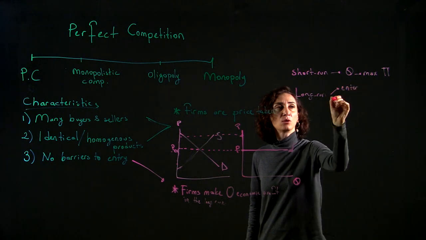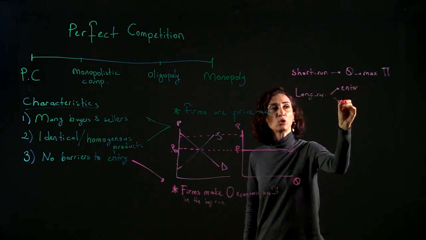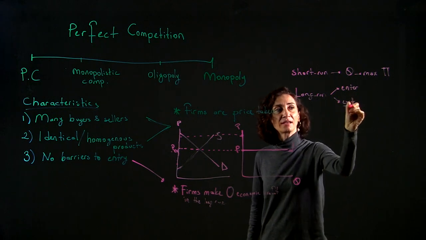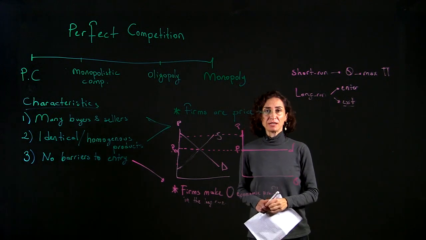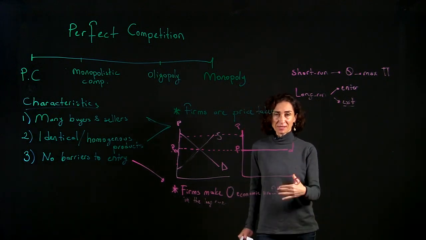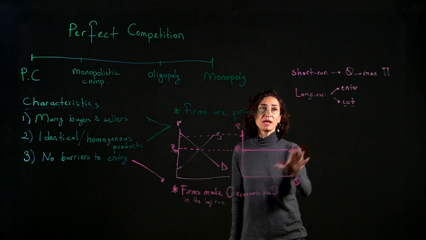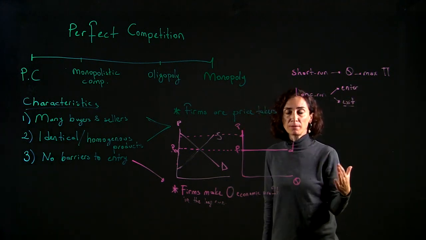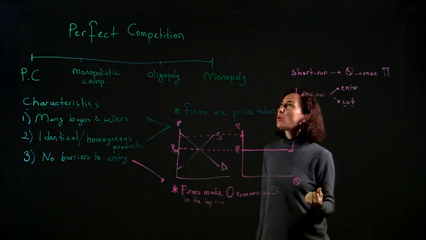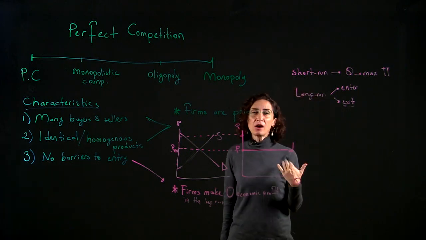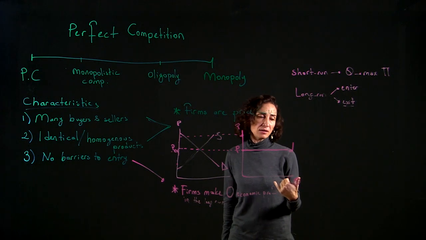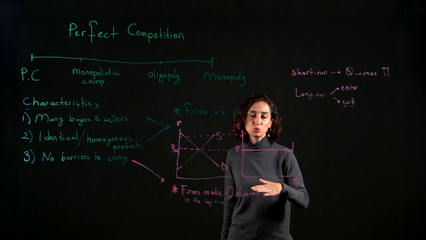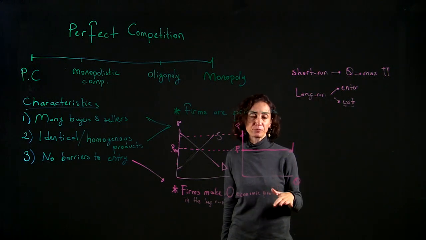Enter, or actually for a firm that is already in the industry, exit. Okay. So entering or exiting, as defined by this course, is a decision that firms can make only in the long run. Why? Because let's say I'm making a loss. If I'm making a loss, it makes more sense to just quit it, right? To just shut it down.